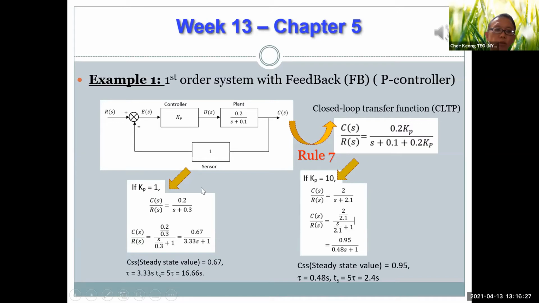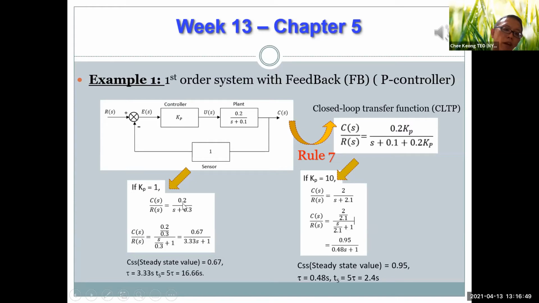Now, if we choose Kp equals 1, then you just substitute 1 here, and here. Then your new expression after substituting Kp equals 1, you get 0.2 on top, and on the bottom you get 0.3. So it's actually a first order equation, right? First order equation. Now, in order to compare, we got to make sure that this item here